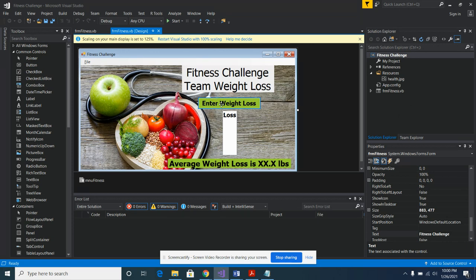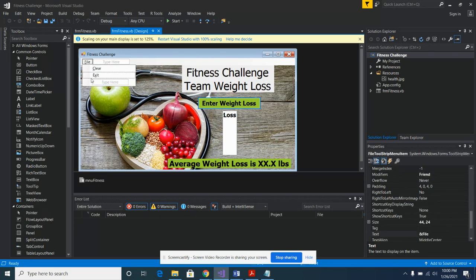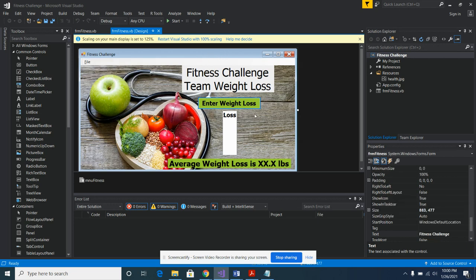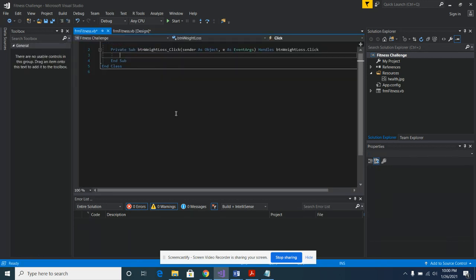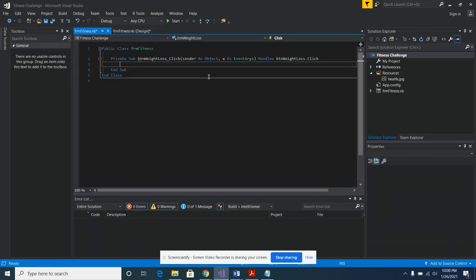So let's get started with our coding. Most of our code is going to be behind this enter weight loss button, but we are going to add some code under our file menu here for clear and exit rather than having buttons. Just makes a little bit of a cleaner interface for us. So I'll double click on my button, and the first thing we want to do is enter our comments, and